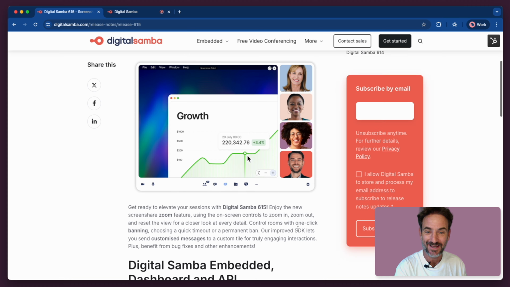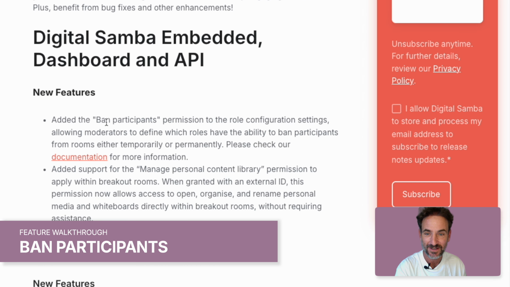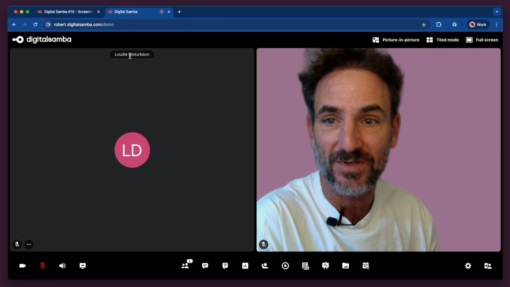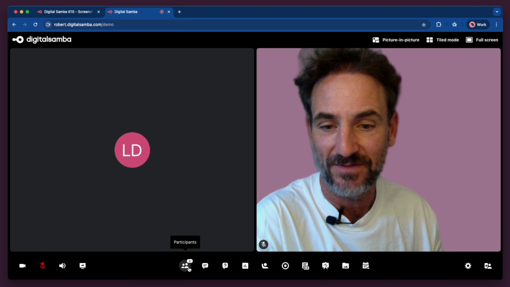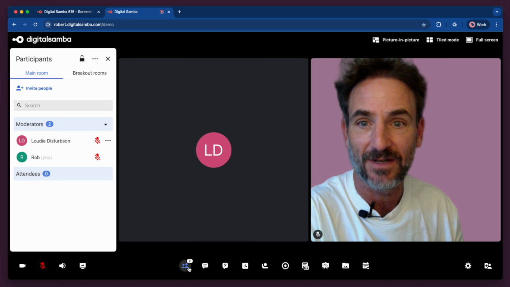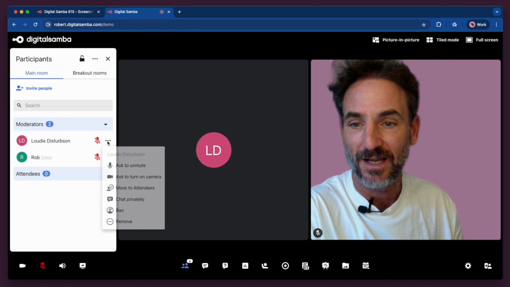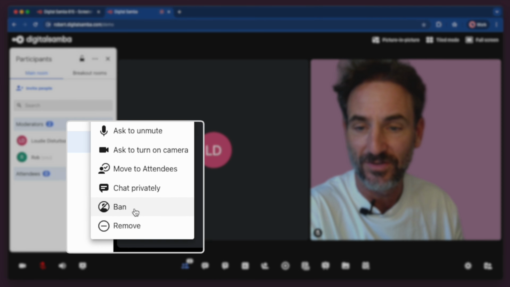All right, next let's have a look at the ban participants feature. So there are some cases where you might have users in your session that are not behaving, and we can see that this person is called Loudly Disturbs, and he's very noisy. He's making lots of noise and disrupting the session. So I think we want to get rid of him or her, and I will now select the new ban